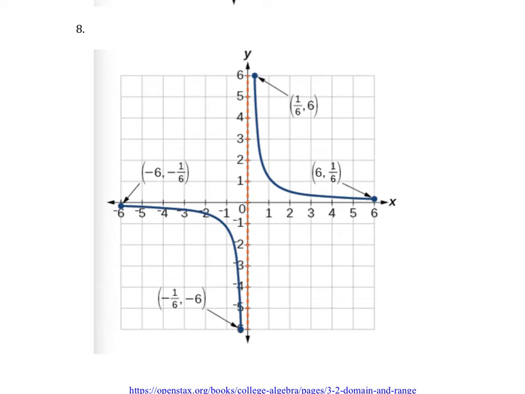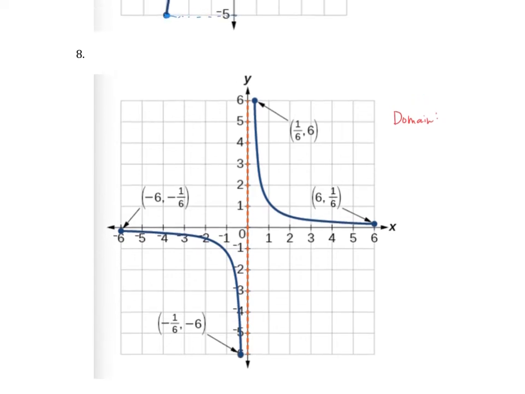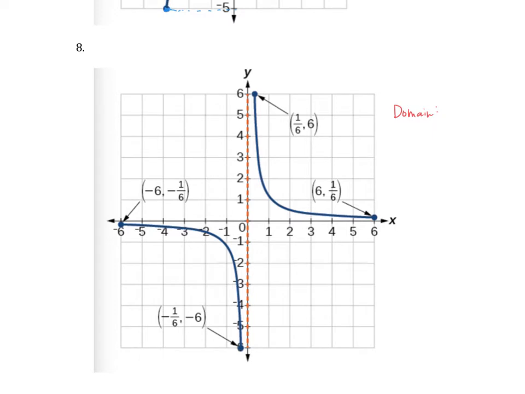All right, number 8. So the domain is x. Now, notice I have 2 pieces on this one, right? I have 2 pieces. That means you're going to have 2 parts to your domain because you have 2 pieces. So actually, let me write the domain up at the top where I have plenty of space. Okay, so domain,